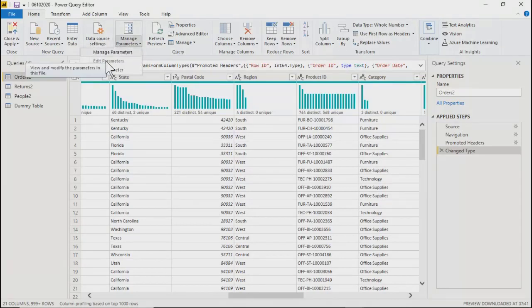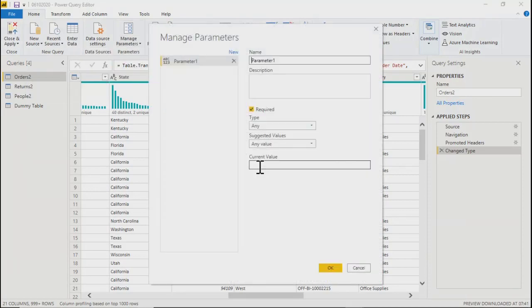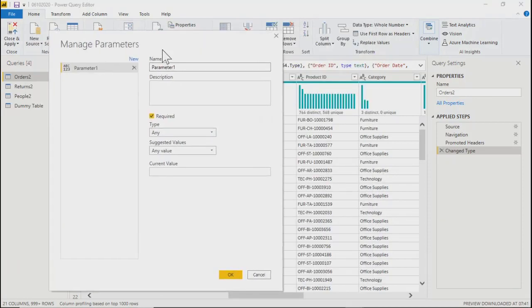So what I'll do now, I'll go here. We'll say manage parameters, or let's click on new parameter first. As soon as you do it, you get this particular page. Over here, you can define the name of the parameter. You can put the description. Type: because I'm going to put it on the region field, I'll select it as string or text. You have all the data types which you can choose, depending on the values, whether it's a date, decimal, integer, right? So right now I'm taking text because region is a string field.